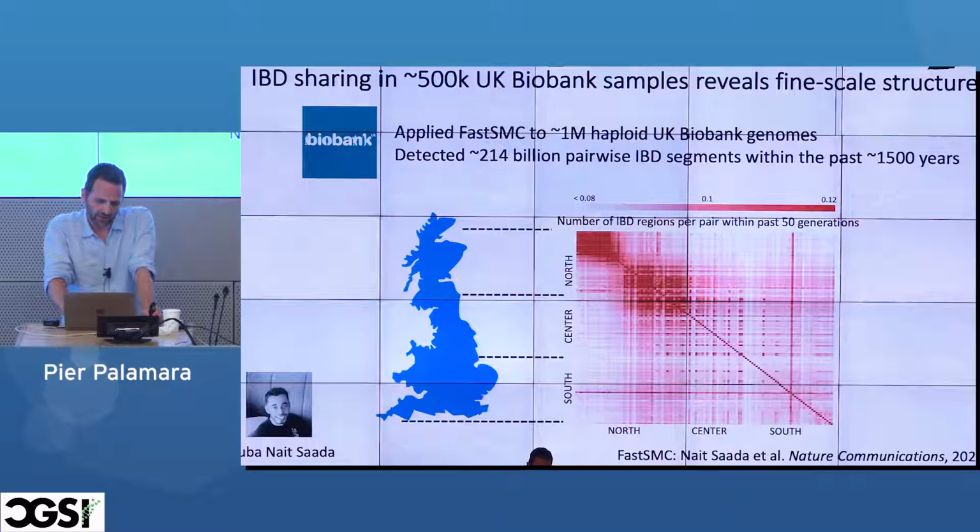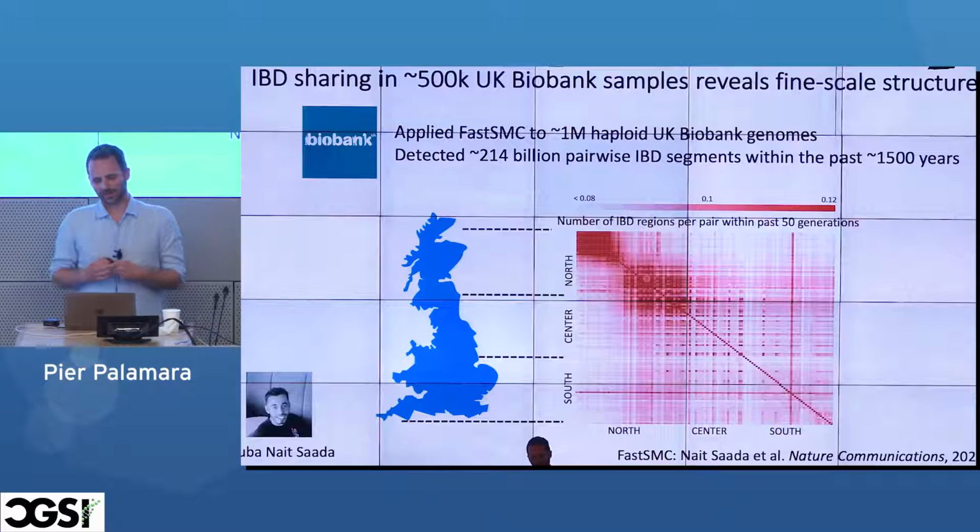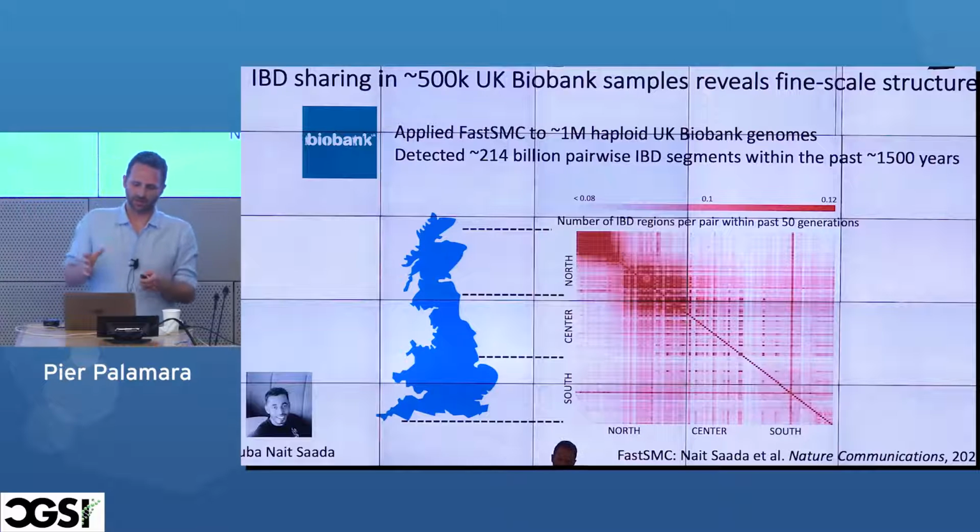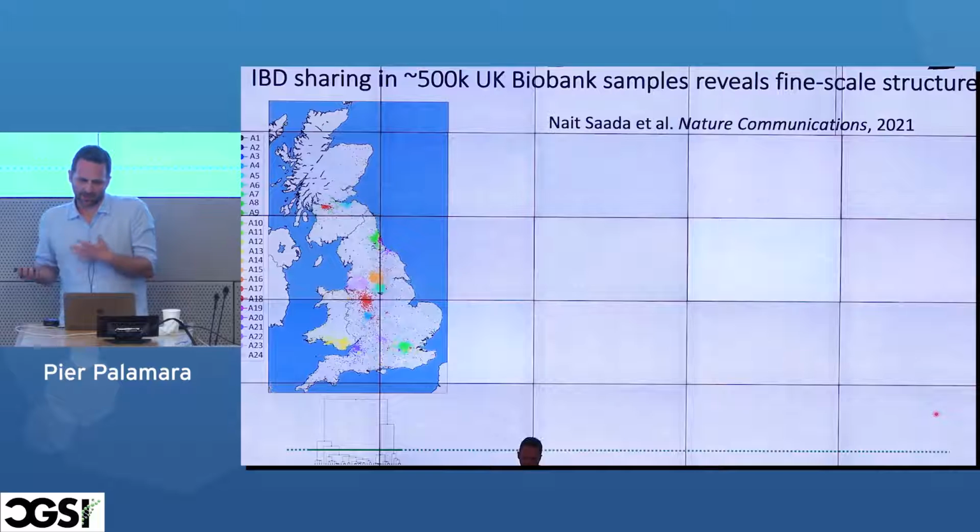A few patterns come out here. The diagonal is very large compared to the rest, because people tend to have distant cousins close to where they live, which makes sense. The north has a lot more sharing, so Scotland and the north of England have more shared ancestors, because the effective population size is smaller, so people tend to have closer relatives. And this cross here is London, which is cosmopolitan, so you have ancestry from all over the country, and this locality doesn't really apply.